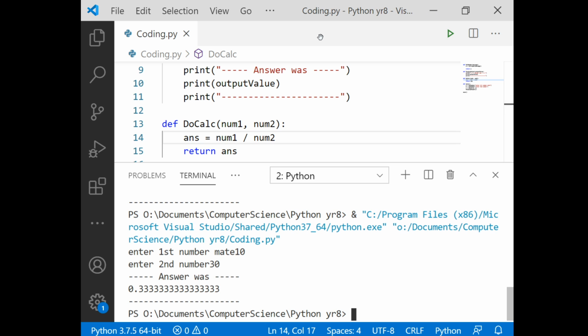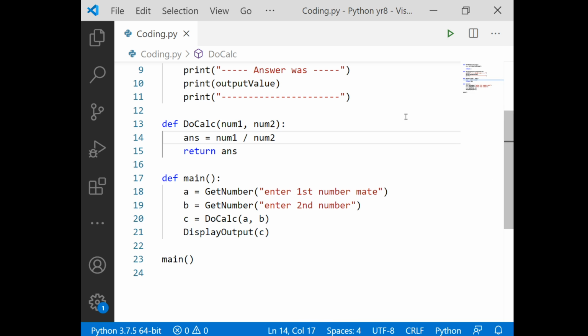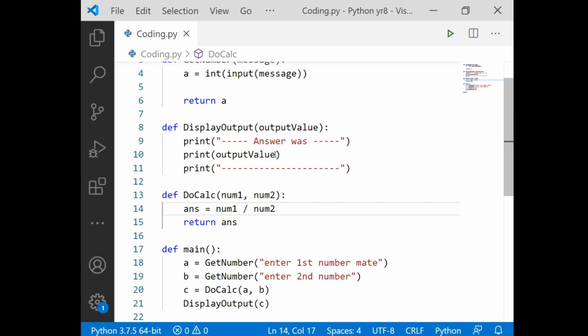We can round it off. But now that we've written our code like this, we can do that without altering the logic. So let's do it in our output. Let's round it off. I can't remember how you do that in Python. Let's see if it's round. Might be round. Might not be round. Might be math.round.